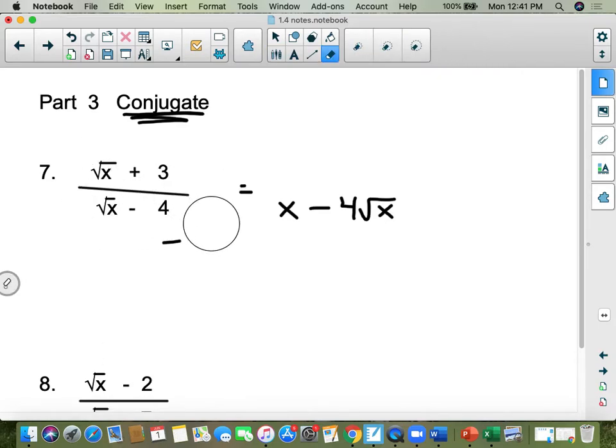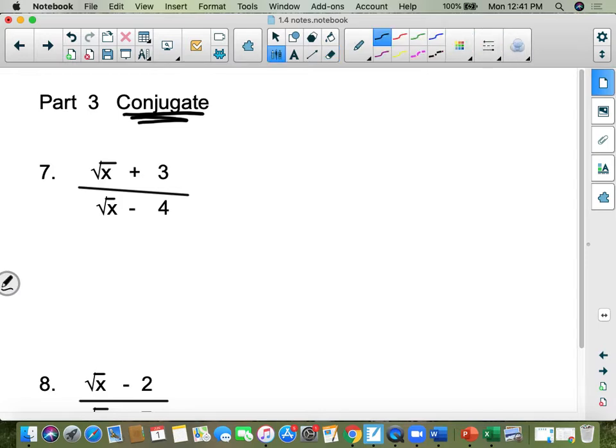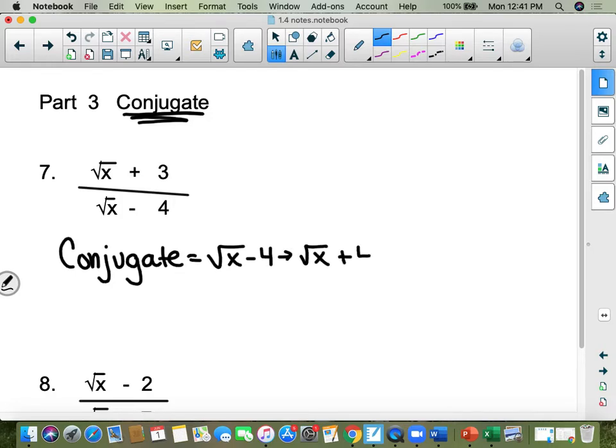So what do we have to do? We have to multiply by the conjugate. And I'm going to write it down here. The conjugate of the square root of x minus 4 is the square root of x plus 4. The sign in the middle changes. Everybody see that? The conjugate of the square root of x plus 3 is the square root of x minus 3. The only thing that changes is the sign in the middle. So if I multiply by the conjugate, which is the square root of x plus 4, top and bottom,